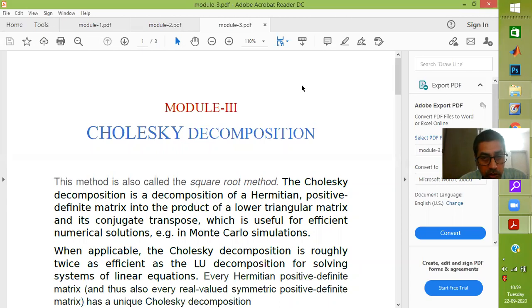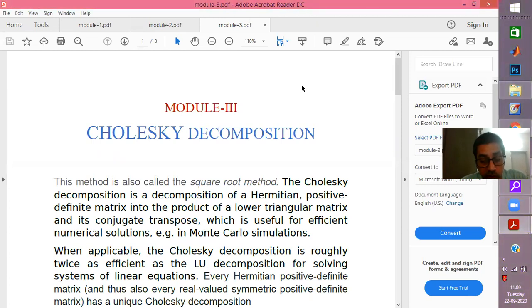Welcome to this lecture on the second decomposition technique, which is the Cholesky factorization or Cholesky decomposition. This method is also called by another name, the square root method. As we discussed, while some small conditions are required for LU, the Cholesky method demands that the matrix is positive definite, and it is designed to be the product of a lower triangular matrix and its transpose.